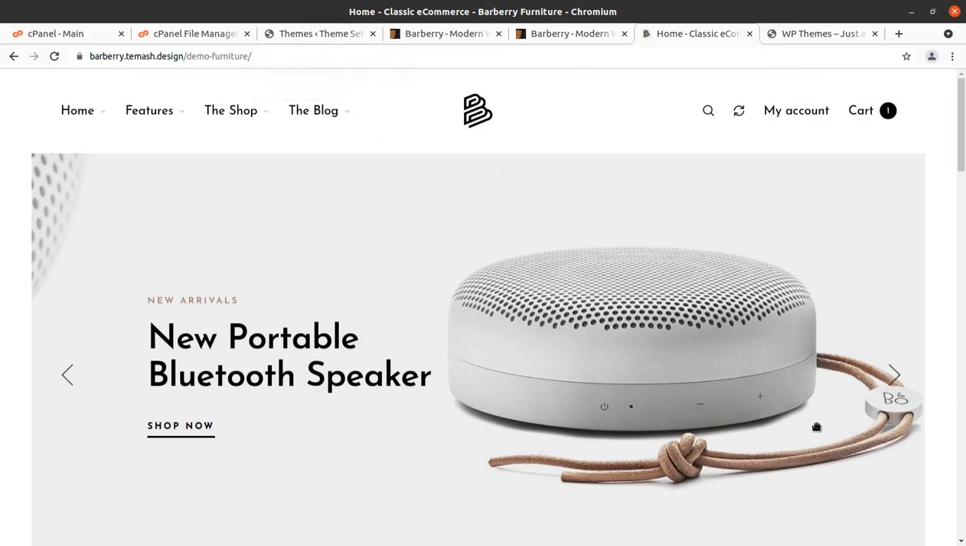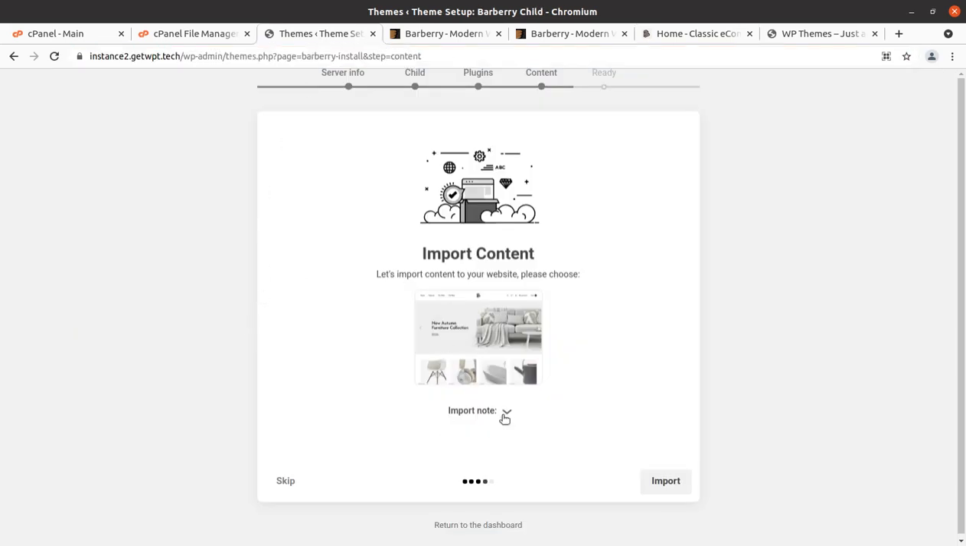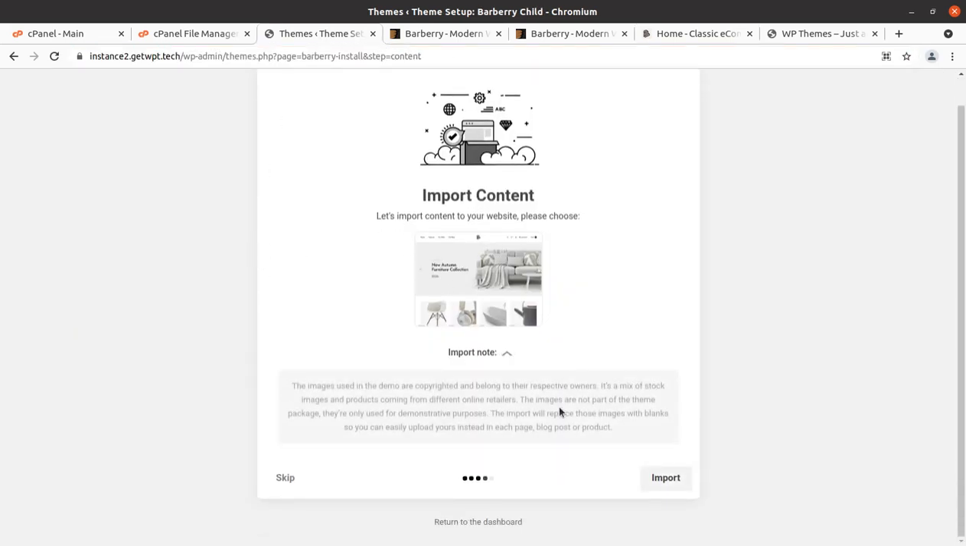Because we need a pre-made website. And once the demo gets imported, I'll show you all the theme options and customization options. So let us import the demo content first. Simply click on import,